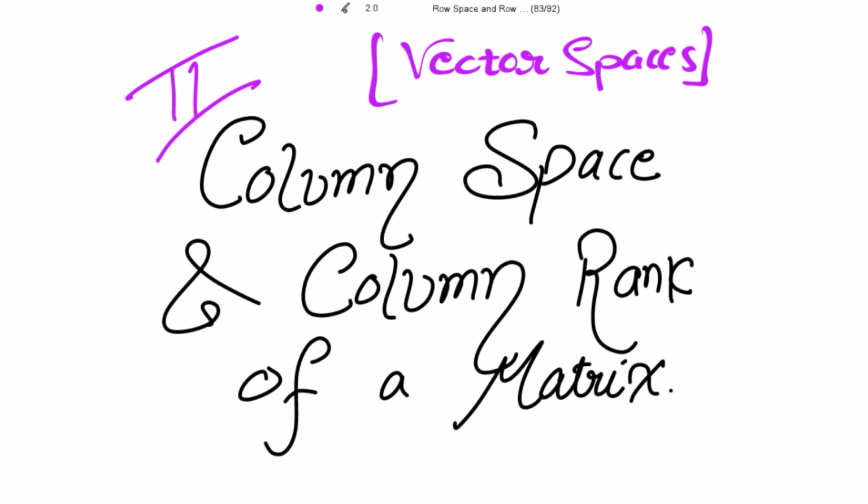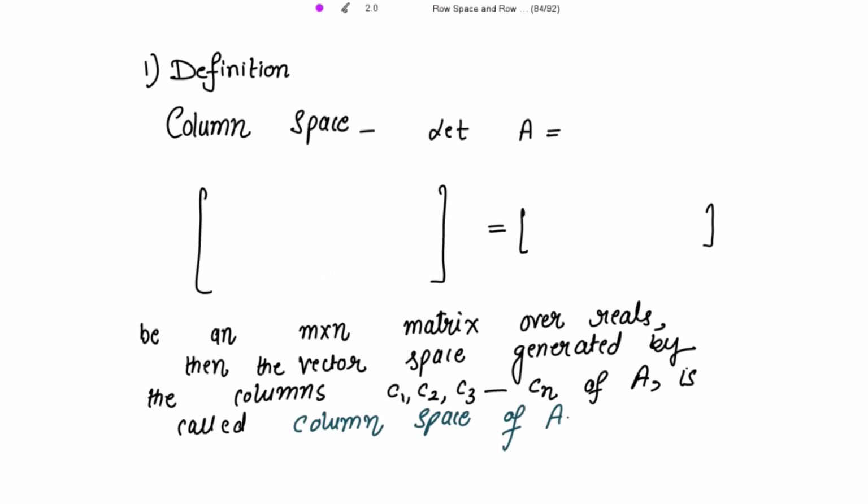This is the new section on vector spaces. Till now we have done the row space and row rank of a matrix. So now we are going to start the column space and column rank of a matrix. So the definition for the column space is, let A be a matrix in the form Aij and it is